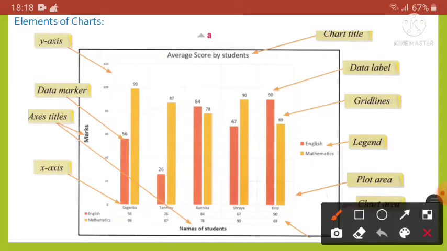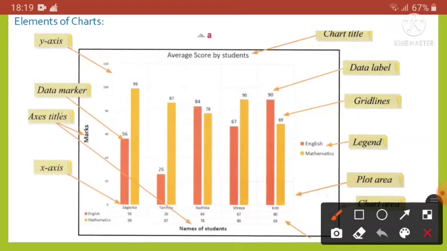A data series is a row or column of numbers taken from the worksheet and plotted on the chart.